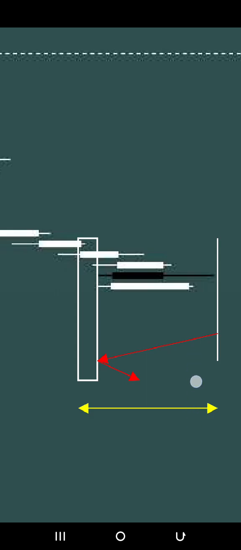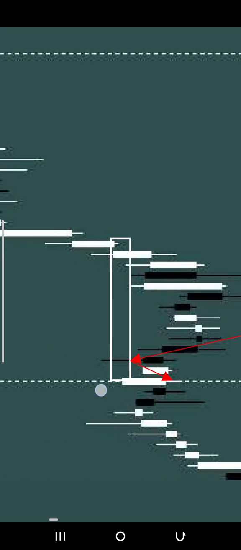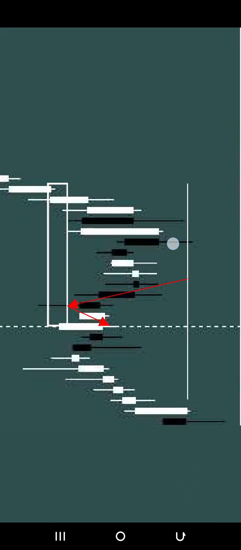Your 1:2 should be somewhere around there, so that when price gets to this point, you would have been out of the market in huge profit, and you will now wait to see what price will do next. Okay, can you see? Eventually, price came down into the fair value gap, right? Now the fair value gap pushed price away. Now you are out of the market in huge profit. Now can you see when price pushed through this swing point? This swing point was able to reject price. Can you see with this pink candle? So it's obvious that this swing point is going to reject price downward and price will start falling.